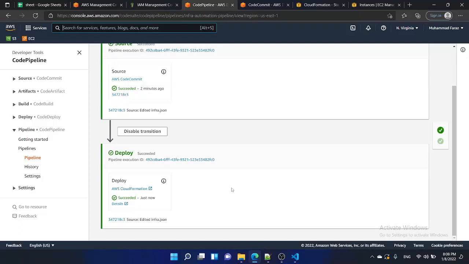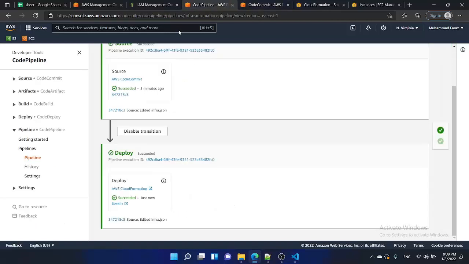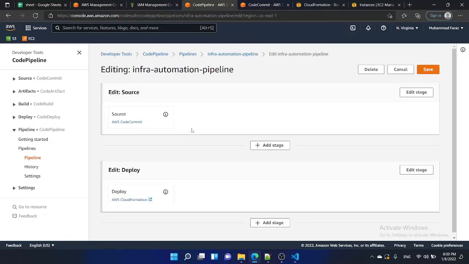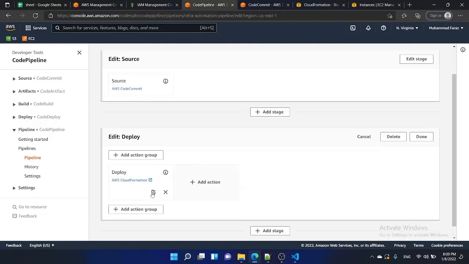And what we are gonna do, we are gonna override the parameter which we wrote in the automation file. Like we have written T2 small and the parameter name is instance type. So what we are gonna do, we are gonna override this parameter at pipeline level. Like this is the pipeline, and I am gonna go and edit stage, edit deploy,